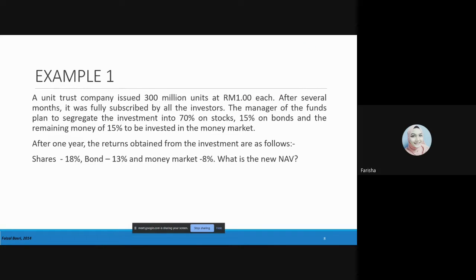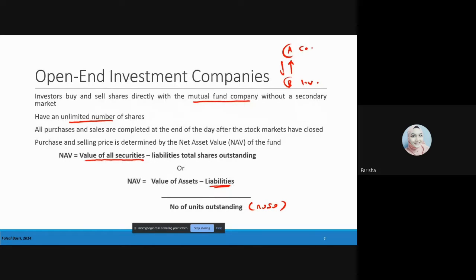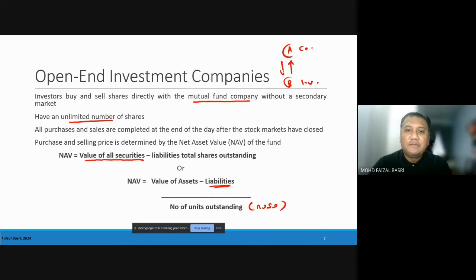Sir, ada contoh tak which company? Open-end, kena check pula dalam list Bank Negara tu ada. I cuma lupa contoh-contoh company yang style dia open-end. Dia tak banyak sebenarnya, kebanyakannya open-end kalau tak salah, sebab you akan jual beli direct dengan trust, so dia orang yang akan beli balik stocks tu. So contohnya yang paling simple PNB lah.